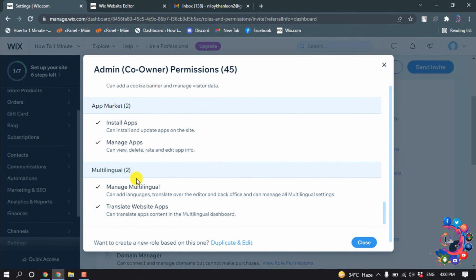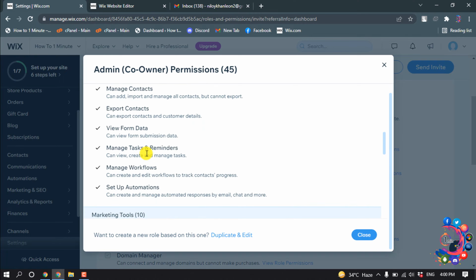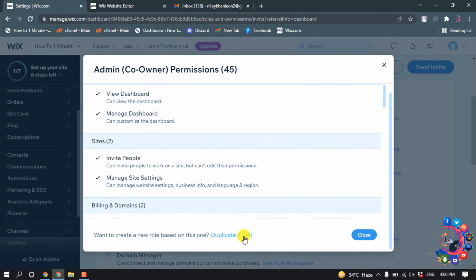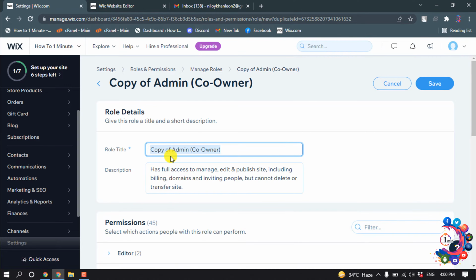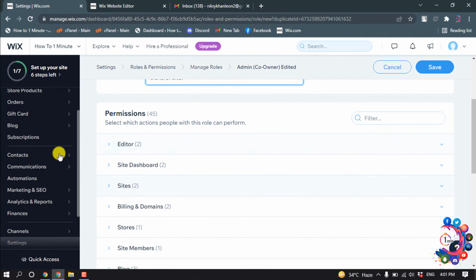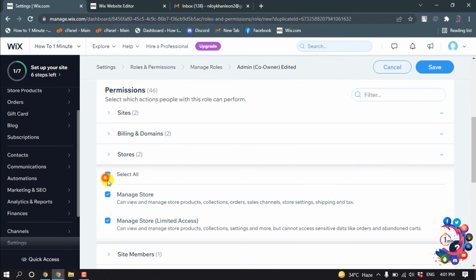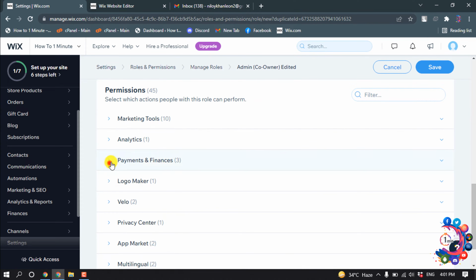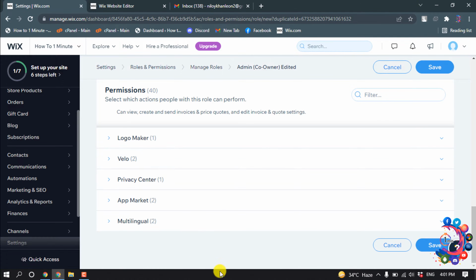And if you want to edit or remove any permissions from this list, you can click on this duplicate or edit option here, and now you can change the role title from here. And you can add a description here, and now from this permission list you can remove any permissions. And once you're happy, then click on save